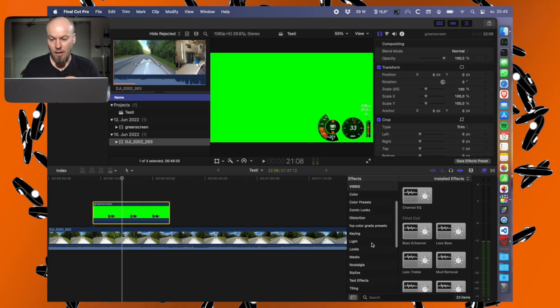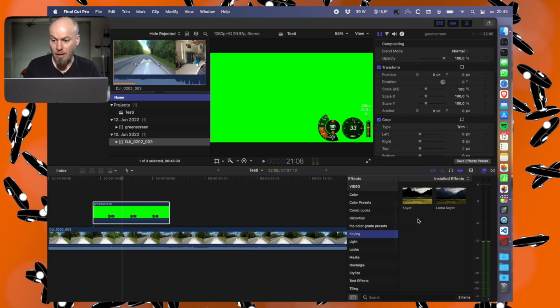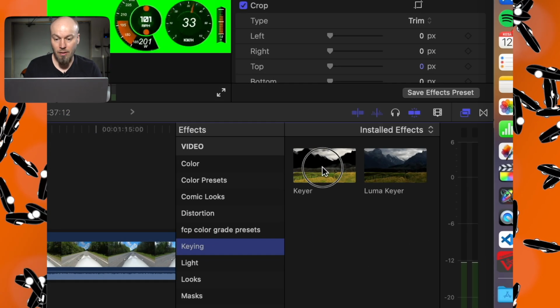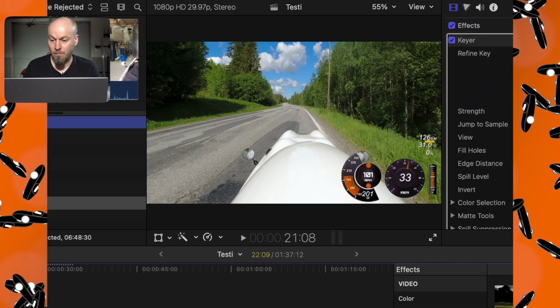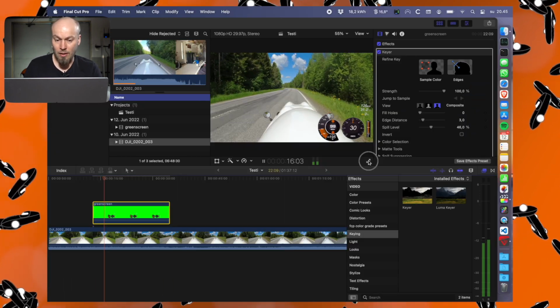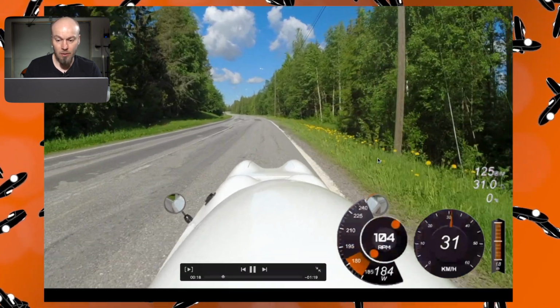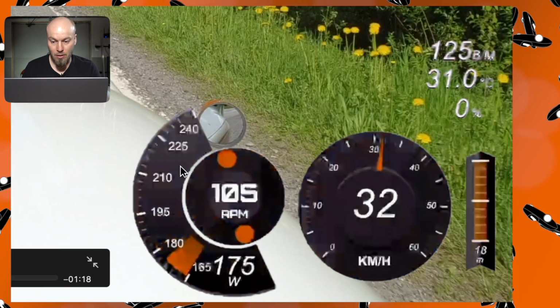And now we are, by the way, getting into some more advanced stuff. So I've tried few different solutions. I've tried to add the overlay on top of a green background video and then use the keyer in Final Cut to delete the green screen effect. That way the video quality is preserved, but the quality of the overlay is just horrible, as you can see.